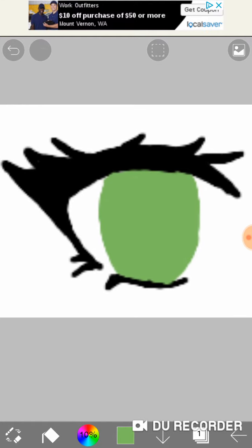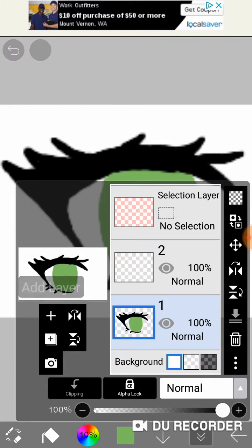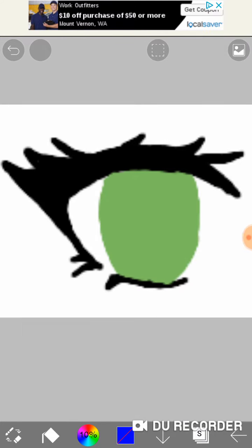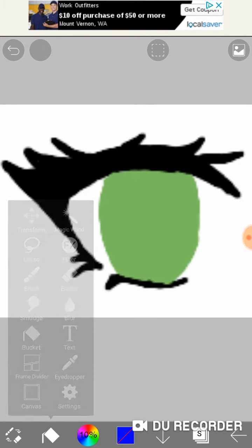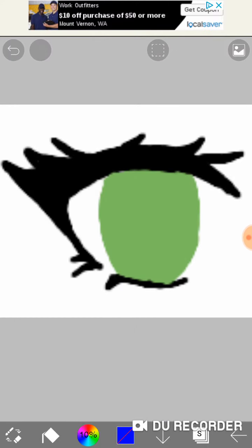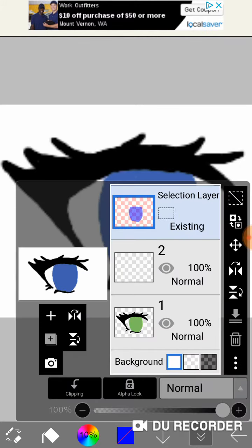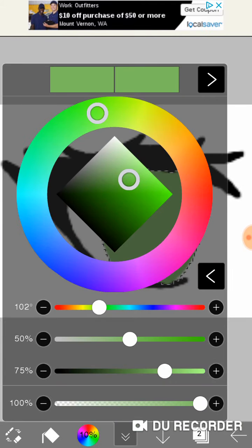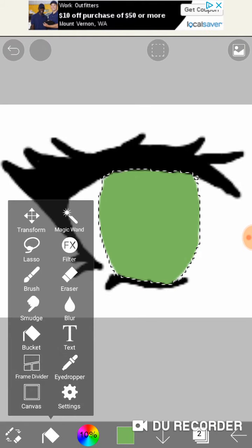Anyway, go back to layers and do another layer and press selection layer. It should be on bucket if you followed with me, but if it's not, just click bucket again and then tap the green part or whichever color that you're making it. I'm going to go back to layer number 2 and it should be lassoed. I'm going to change my